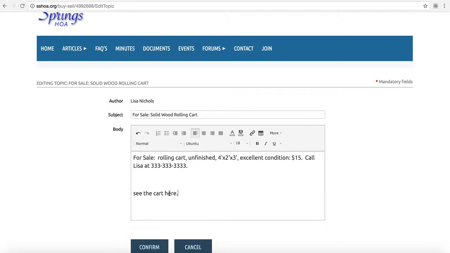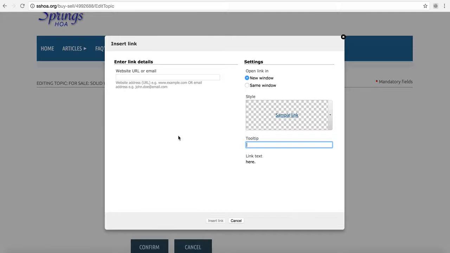And I'm going to highlight the word here, and I'm going to come up into this formatting menu. And this is a little chain link, so I'm going to link it with a chain link. I'm going to insert a link, the first one here. And here the link